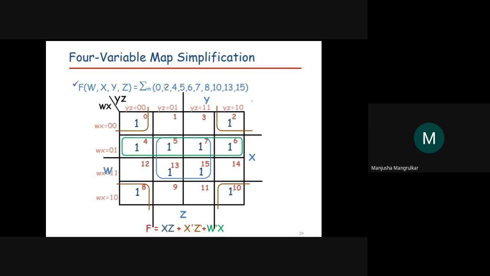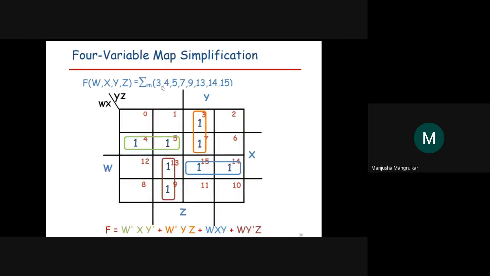Now the next example is 0 2 4 5 6 7 8 9 10 13 15. Sorry, this is 3 4 5 7. These are sum of product, which means that if this sign is there then the term has 1. In product of sum, a different sign is there and you put 0. That is a different part. Today we are going to see only the sum of product, not the product of sum. The product of sum has different equations, right? So today we are going to see only the sum of product.